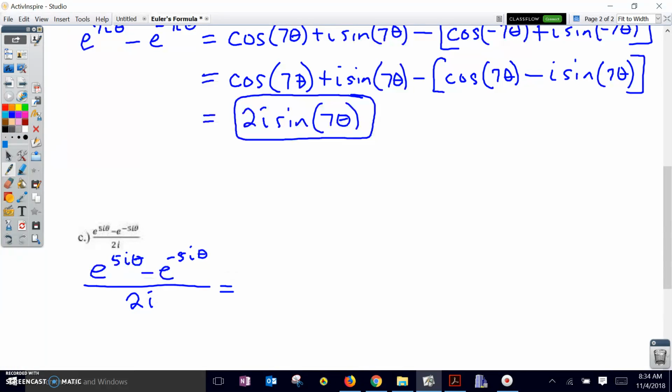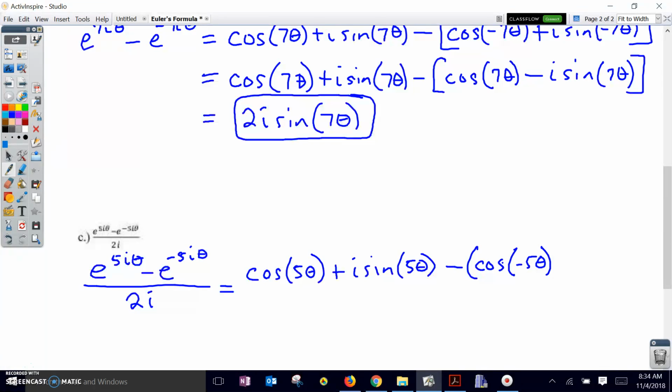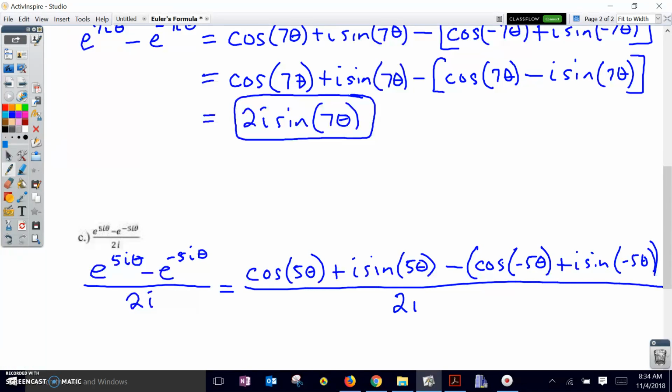And so that's going to be cosine of 5 theta plus i sine of 5 theta minus cosine of negative 5 theta plus i sine of negative 5 theta, all over 2i,